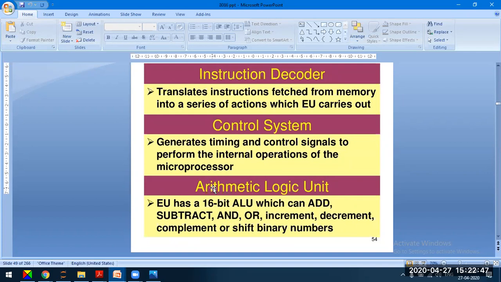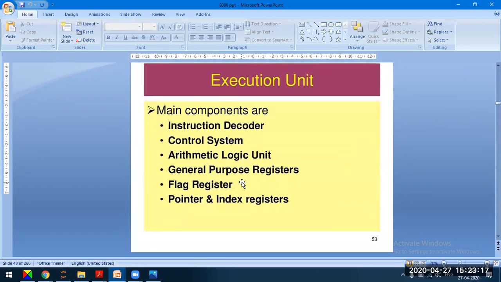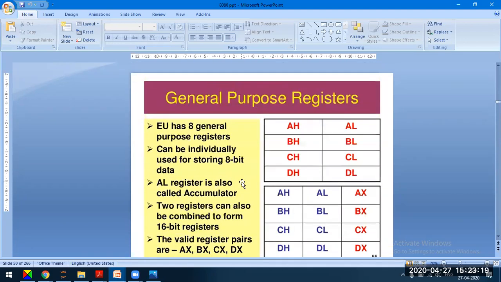For example, the ALU cannot subtract directly, but using a programming method, we can generate subtraction of two numbers using the ALU. Say the ALU cannot do the XOR or NAND operation, but using AND and complement, we can perform the NAND operation. So the ALU is capable of doing basic operations, using which we have to perform the other operations. Next is the instruction decoder.